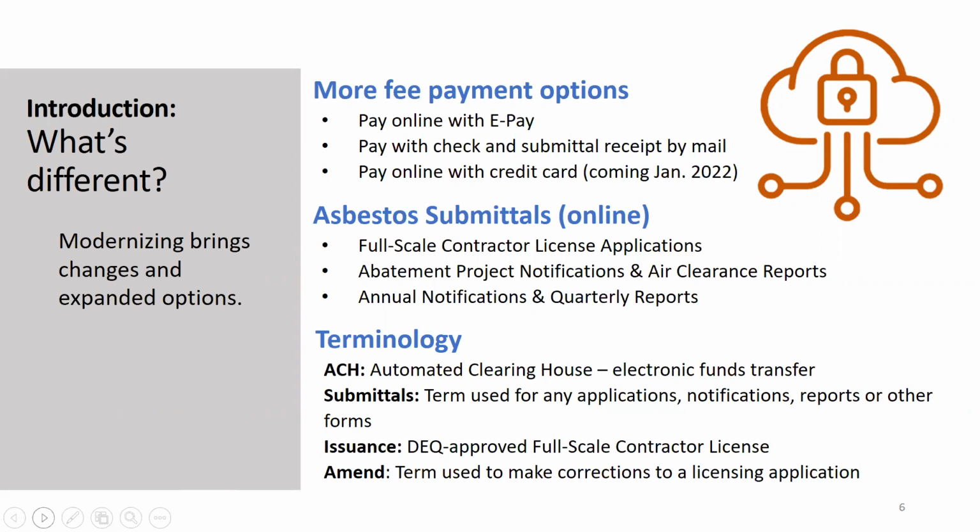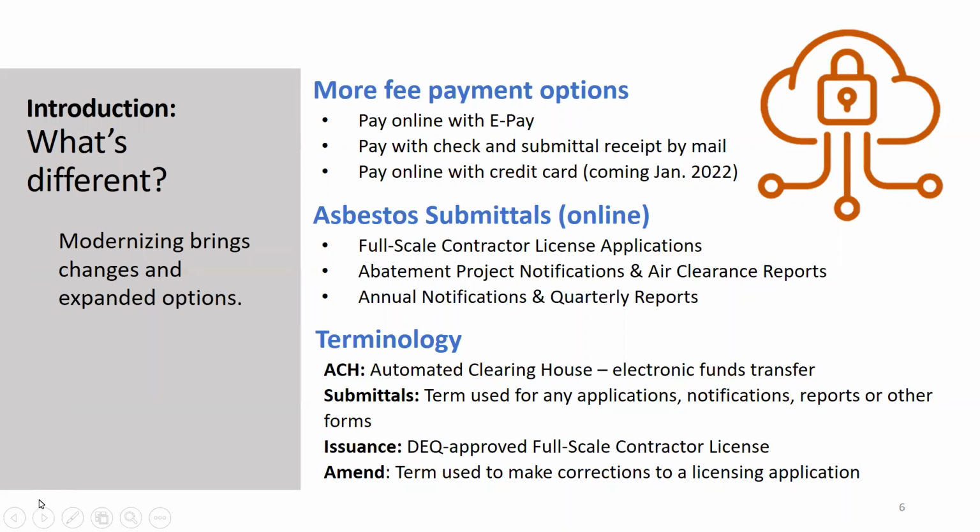There were definitely questions in the recent account registration about payment, so I want to add a little more than what's here. There are now going to be, in the new system, more fee payment options. We used to just be able to take checks or cash. Now you can pay online with ePay. It's a secure interface where you can enter your bank routing number and account information and send a secure electronic payment, just like you would if you were doing a utilities payment online or something like that.